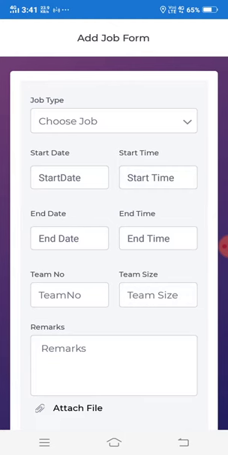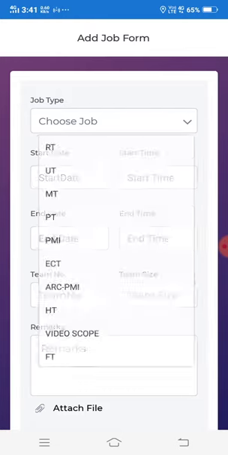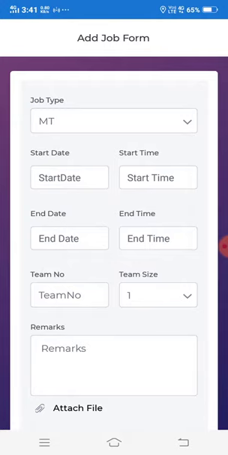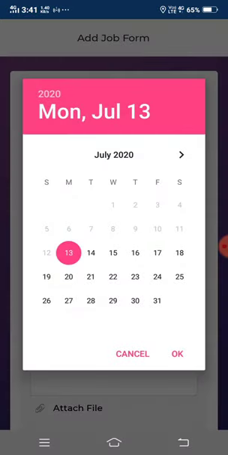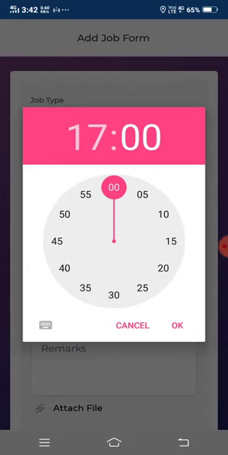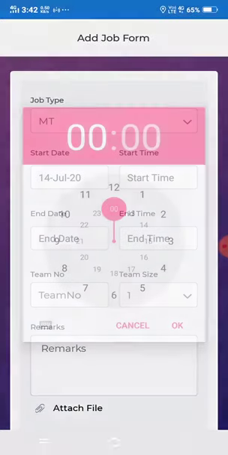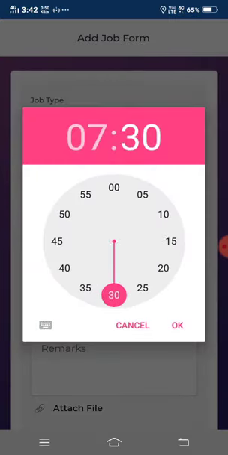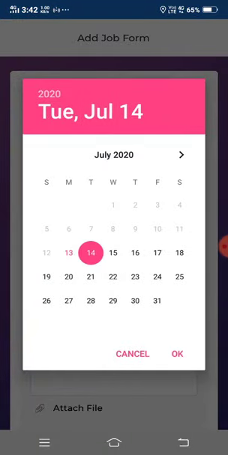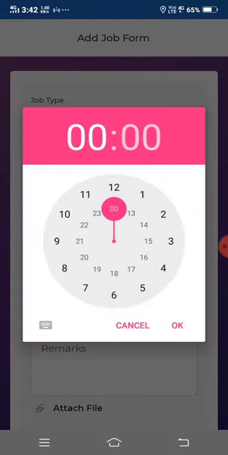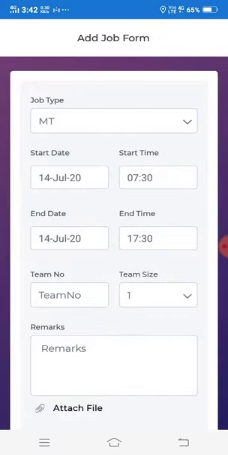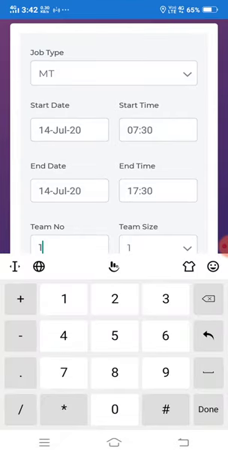It navigates to an add job form, so you can add a job. I am requesting an MPI job, and the start date is the 14th and the time is 7:32, and the end date I am choosing as the next day, and the end time is 17:30, and team number is 1.